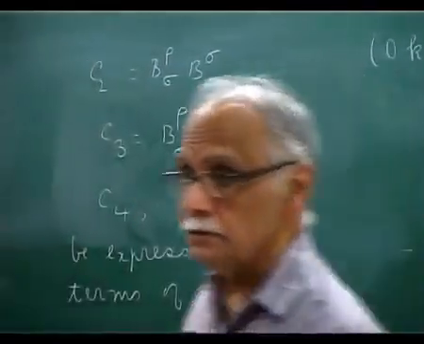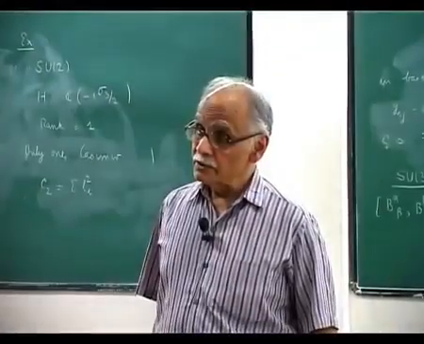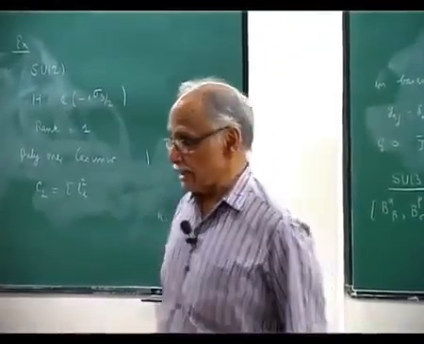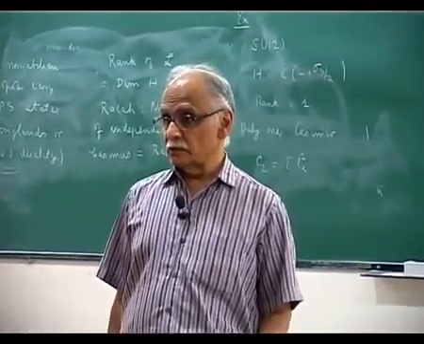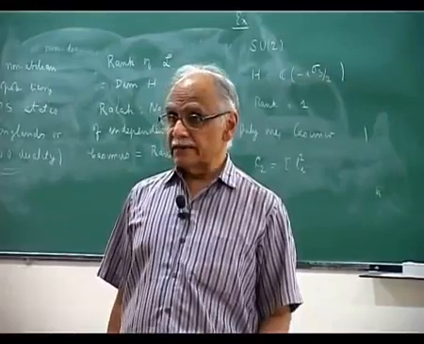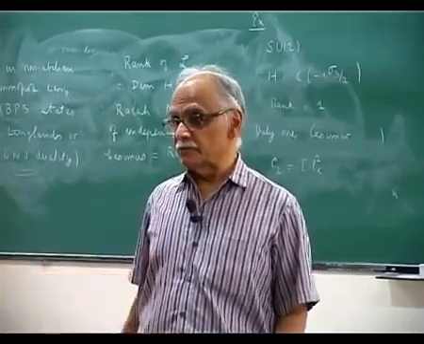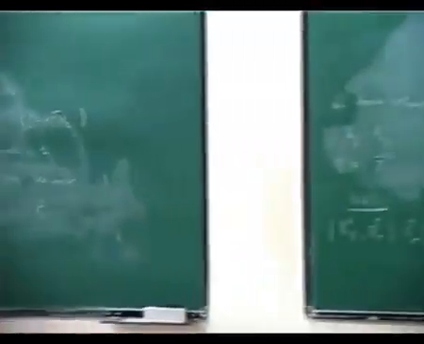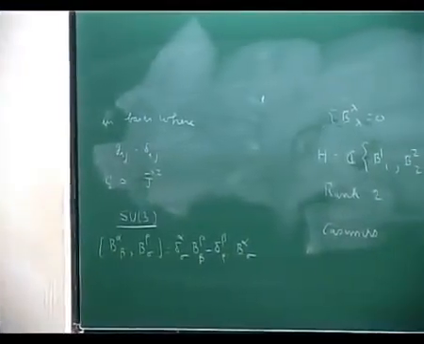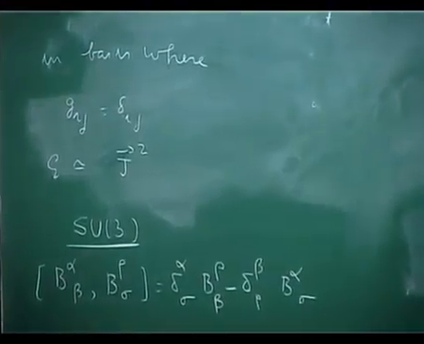So, you said higher Casimirs depend on these two. Do higher Casimir operators always exist? Casimir operators exist only for simple and semi-simple algebras. But you can write them down, but they won't be independent. You can simply take the square of one. This fourth one will become some expression involving squares of B's in various combinations, which I am not remembering.